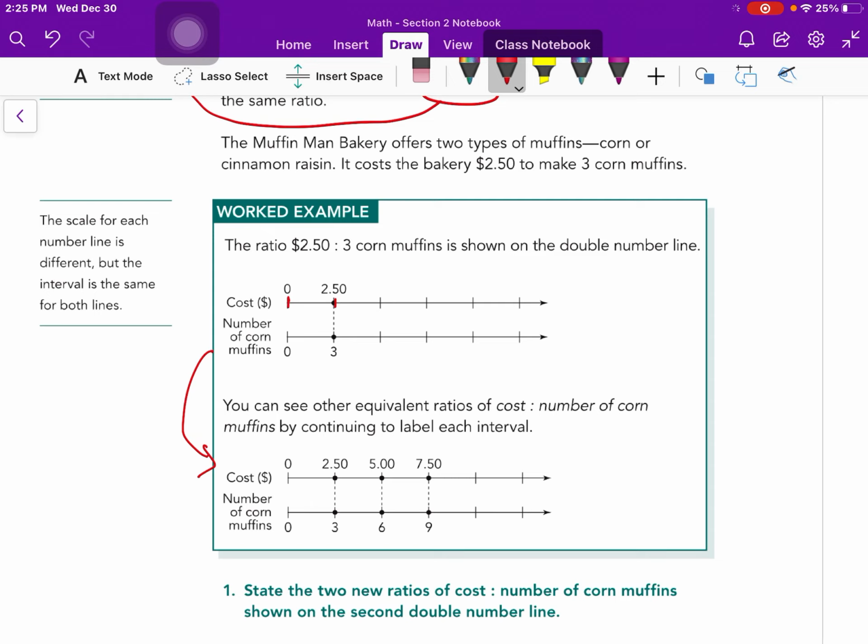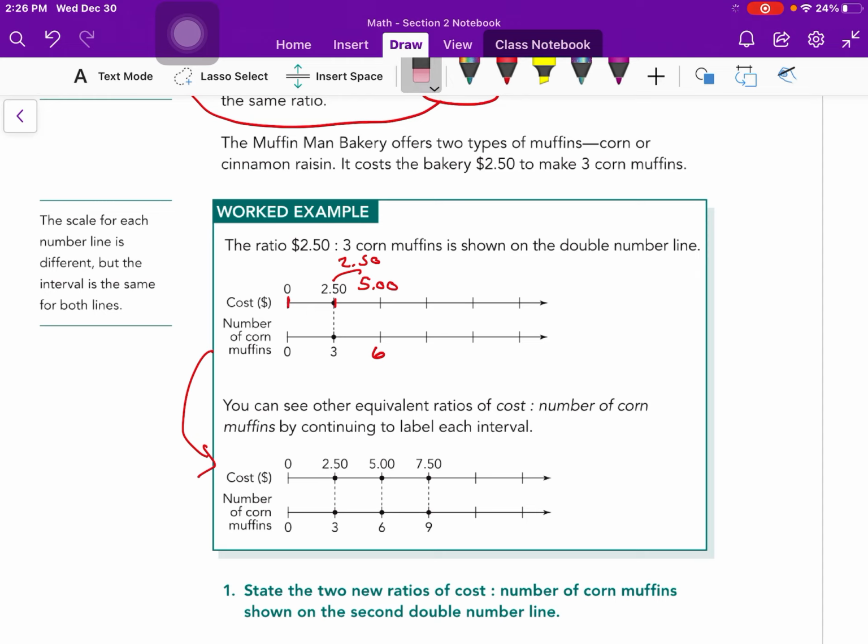So down here, you'll notice that if we bought a pack of 3, it cost $2.50. What if we bought a pack of 6? If I doubled it, about 2 packs basically. Well, then I have to double $2.50, which would be $5. Well, to go from $2.50 to 5 is $2.50. So each pack, if I bought only 1 muffin, that would cost, oh,